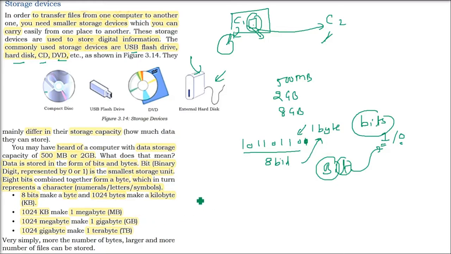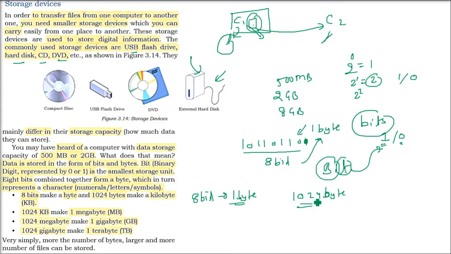Now let us go ahead. This combination of 8 bits represents a certain number, letters, symbols. This A is represented by some combination of 8 bits. So if I take 8 bits, it's 1 byte. If I take 1024 bytes, see, everything in a computer goes with 2 to the power n: 2 to the power 0, 2 to the power 1, 2 to the power 2, 2 to the power 4. 1024 is 2 to the power 10, right?